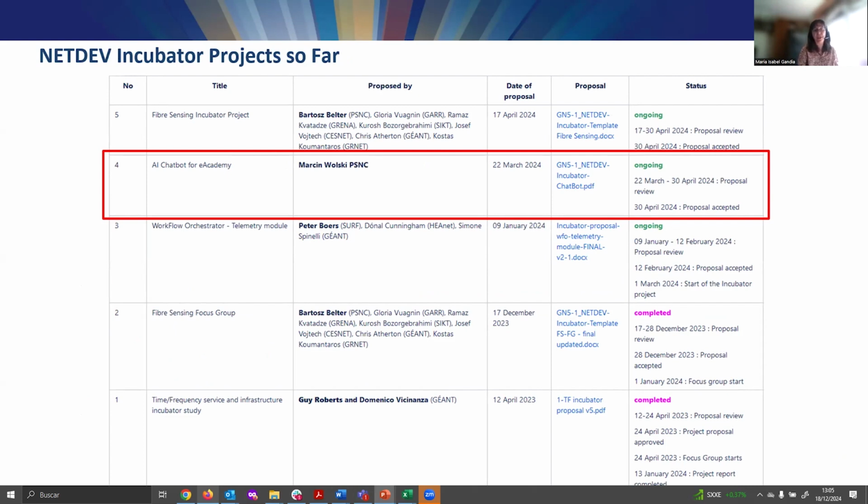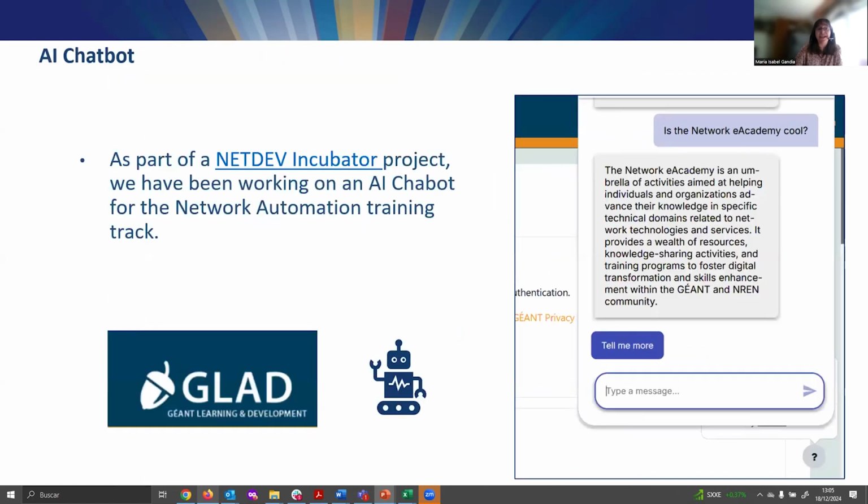And we have had other incubators, as you can see here, about time and frequency, fiber sensing, and the telemetry module for the workflow orchestrator. The AI chatbot is going to be presented today during this Infoshare, is part of the NETDEV Incubator project, and it's also very related to the network automation training track on the Network eAcademy.